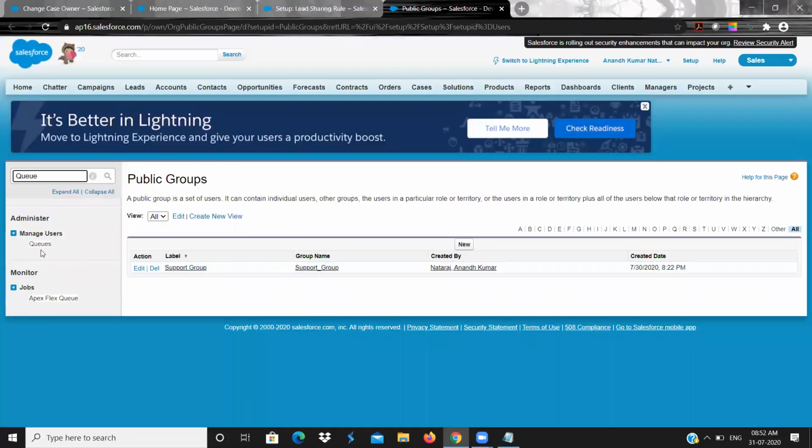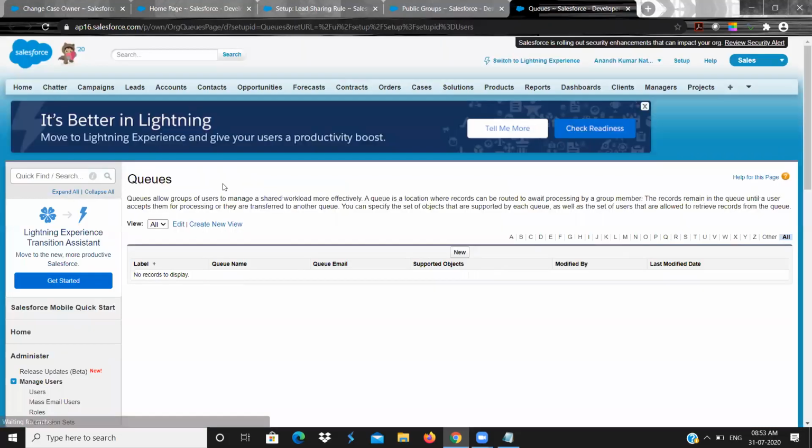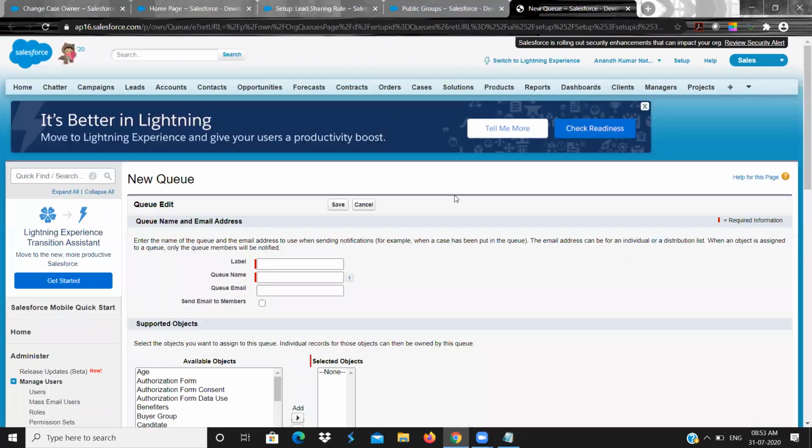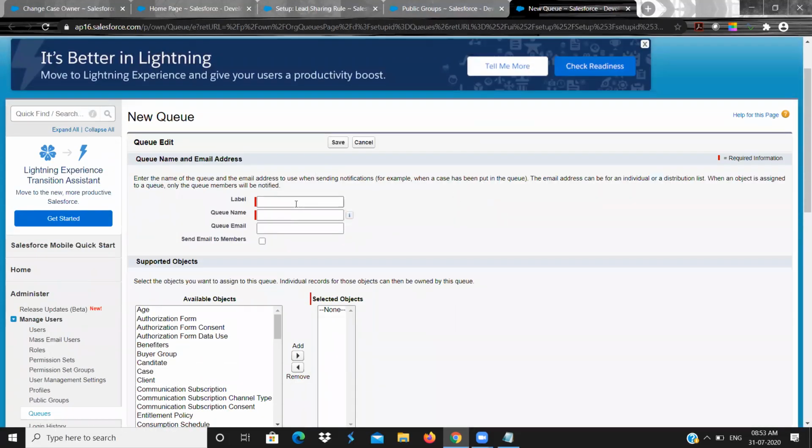So queue. Here, see label of the queue, team A. Like that I'm creating one queue.